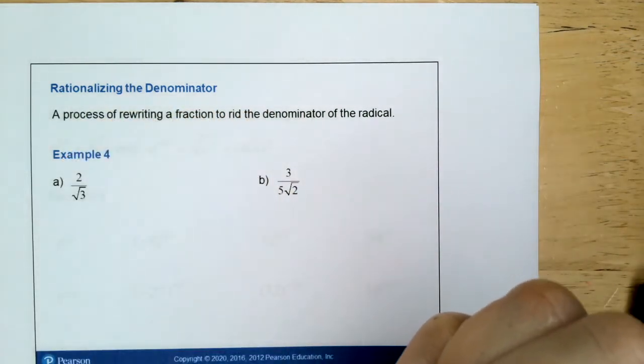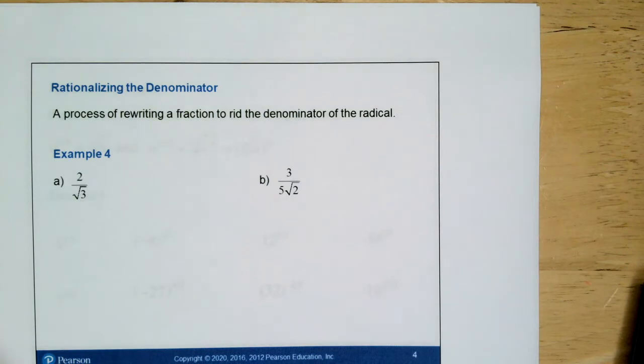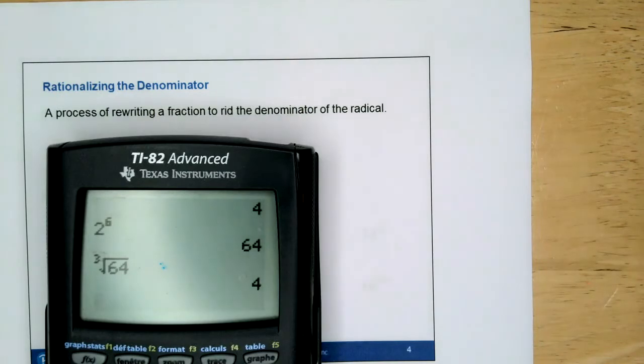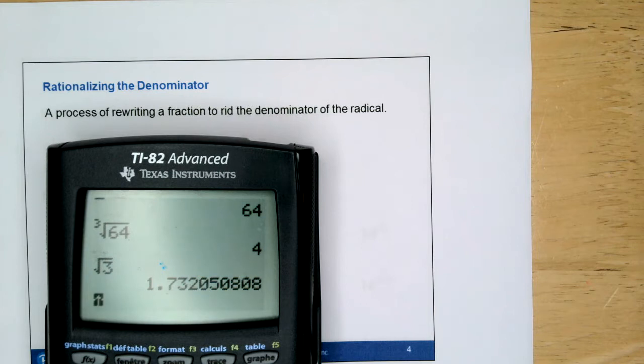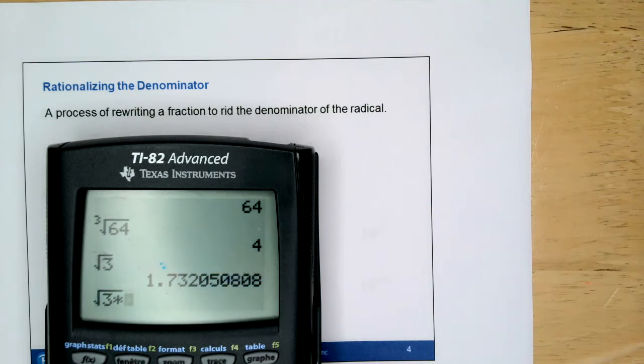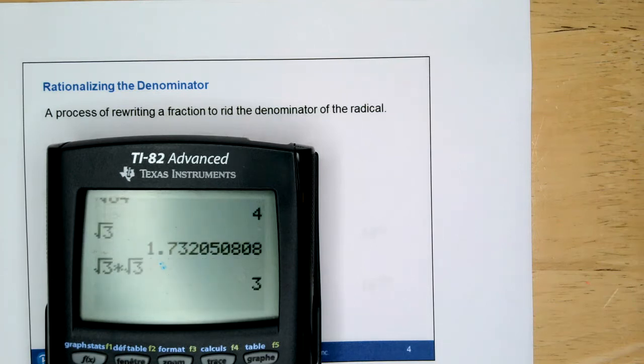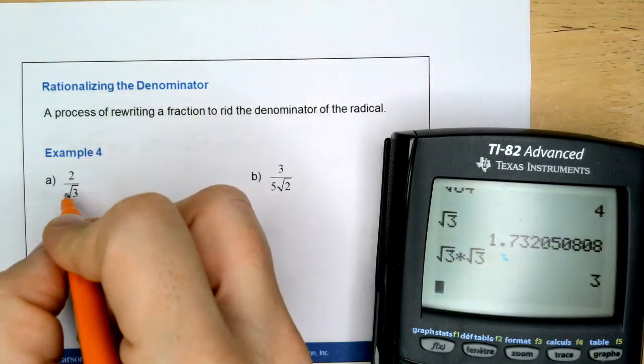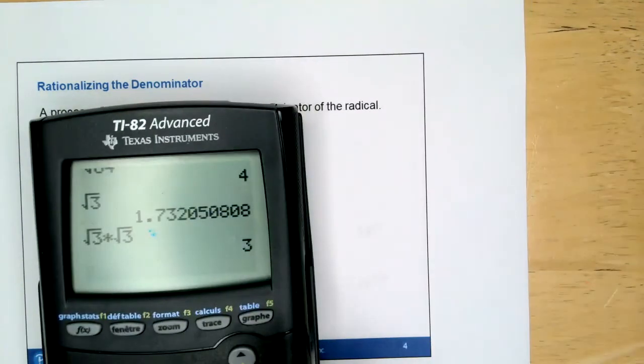I can't have this be square root of 3. What do I multiply square root of 3 by to get rid of square root of 3? Here I have the square root of 3. It's not a whole number. Square root of 3 times what? What if I did it times itself? Yes, that gets rid of it. So if I multiply it by itself, it gets rid of the radical, as long as the radical is 2. If it was 3,